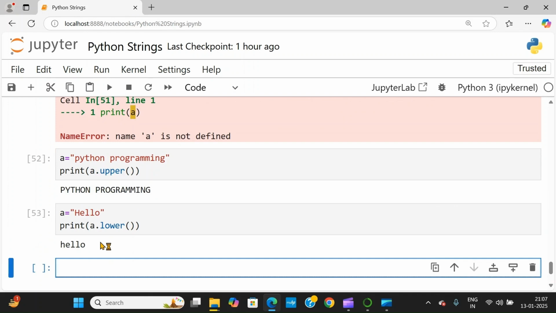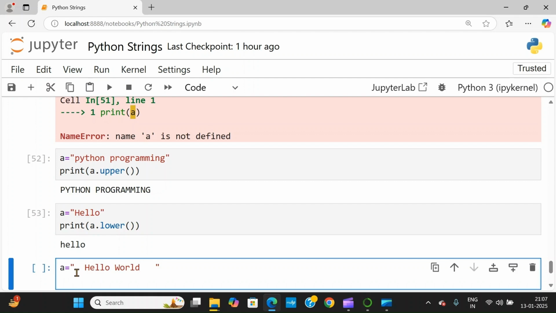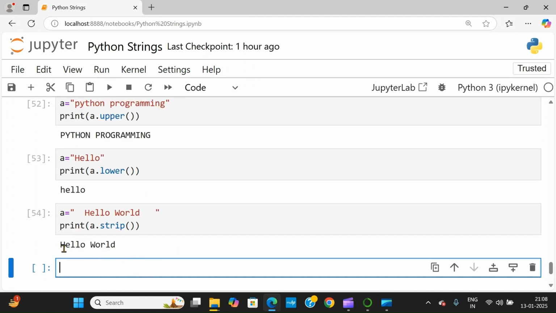Now, if I take a equal to, I'll just give some space like this. Hello world. And again I give some space. I want to remove this leading space and trailing space. So what you can do is simply apply print a dot strip function, strip, which is going to remove the right side and left side spaces. So you can see,